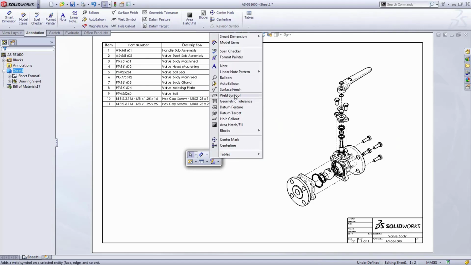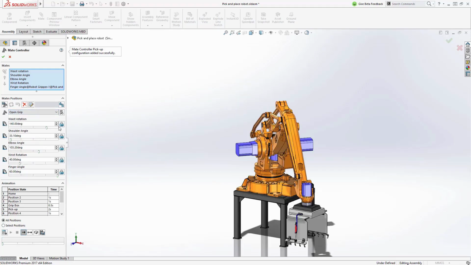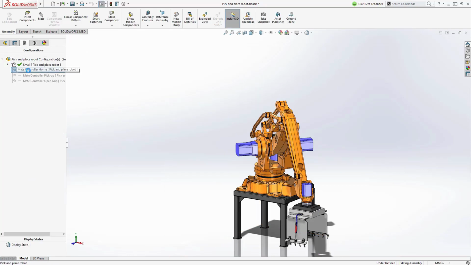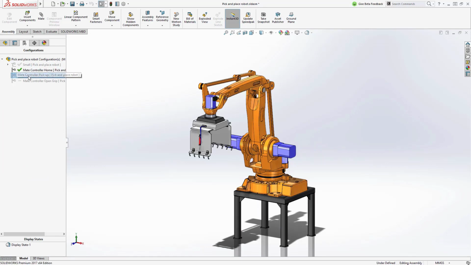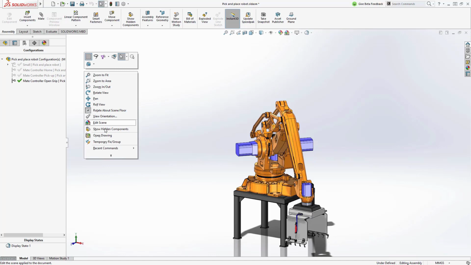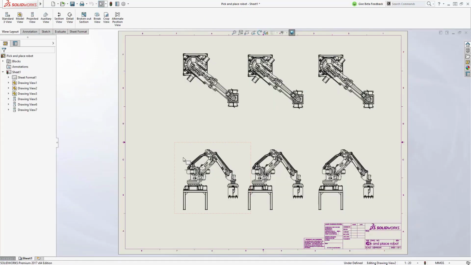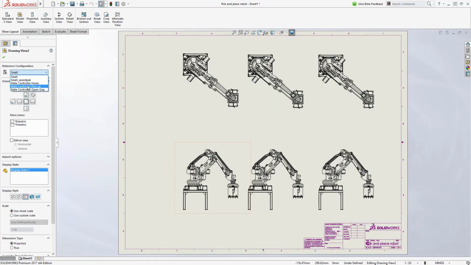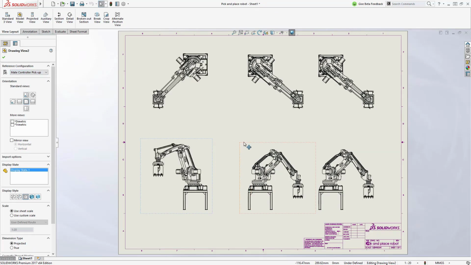The fastest way to design a new machine is to reuse and tweak an existing design. SolidWorks provides the capability to automatically create and store numerous configurations of the same design. So when you modify your designs, all the necessary drawings are instantly complete and ready